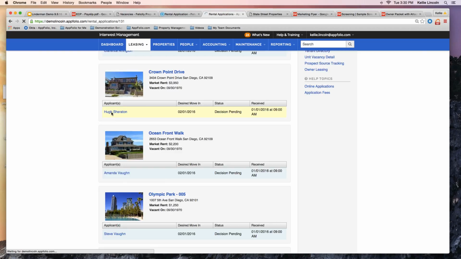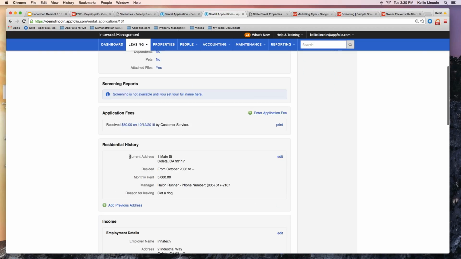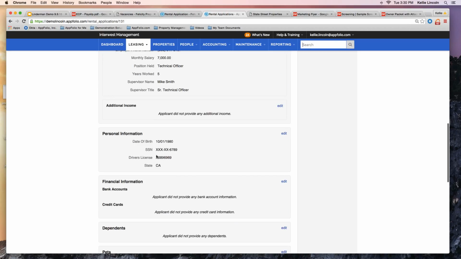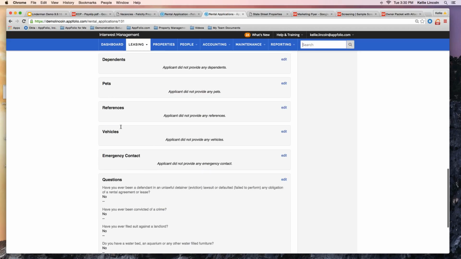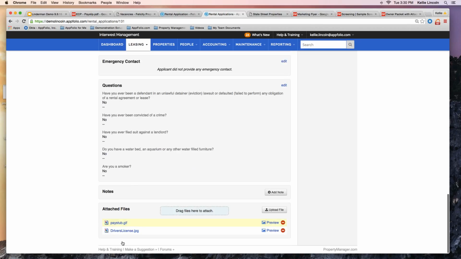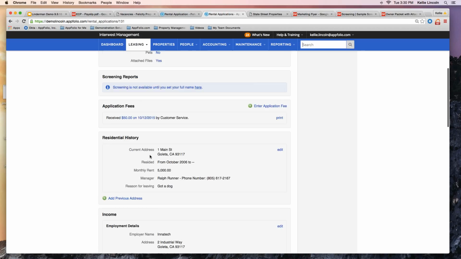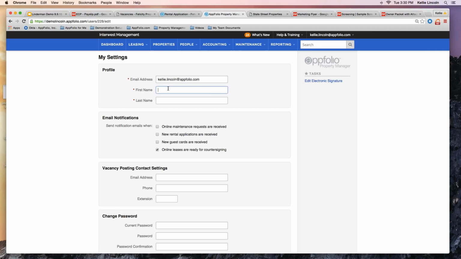But what you're going to do in here is everything that you asked for in the application will be automatically stored in a tenant profile in AppFolio. So all their personal information, social security number, which is what we're going to use to screen them. If you want to put pets, vehicles, emergency contact, any specific questions as well. And anytime you attach a file, we'll automatically put that as well. So if they took a picture of their pay stub and put that in the application, what's neat is from all this information,